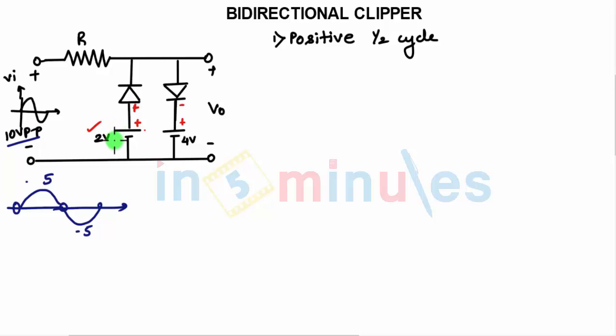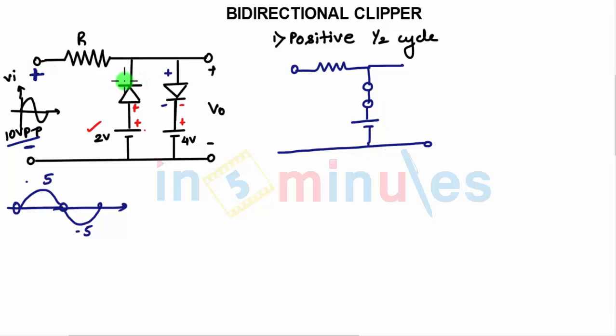So initially, when your input is less than 2 volts, this diode is forward biased. In that case the circuit will look like this: the diode is forward biased by the 2 volt battery, whereas the other diode, which we try to forward bias, is reverse biased by the battery, so we need not draw the other diode. Why? The positive half cycle is trying to reverse bias this diode. So initially the circuit will look like this. You have 2 volts and here you have plus minus VO. When you apply KVL in this loop, your equation will be VO minus 2 equals 0. So VO will be 2 volts.